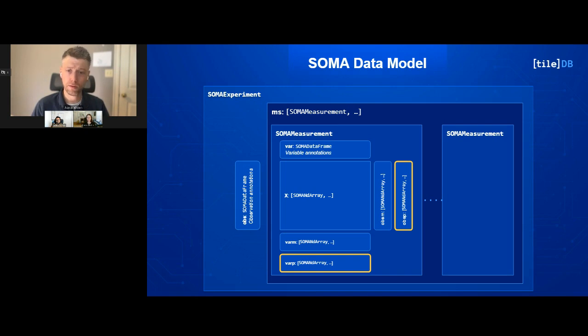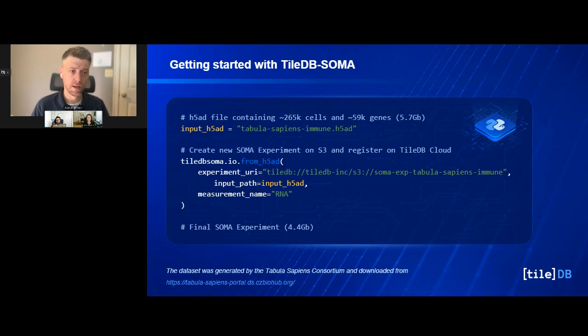So now that we've finished the data model of the API,